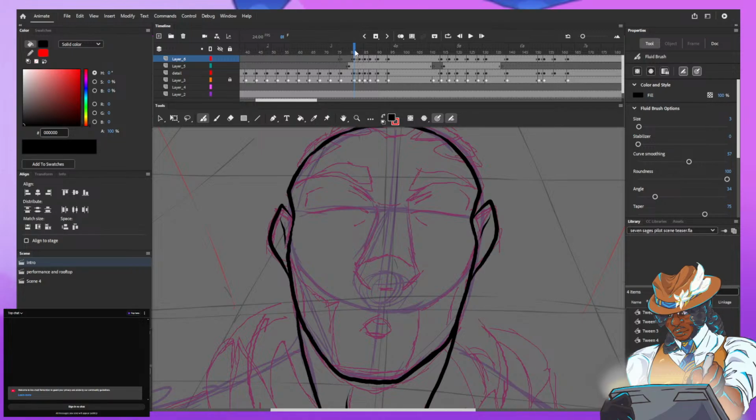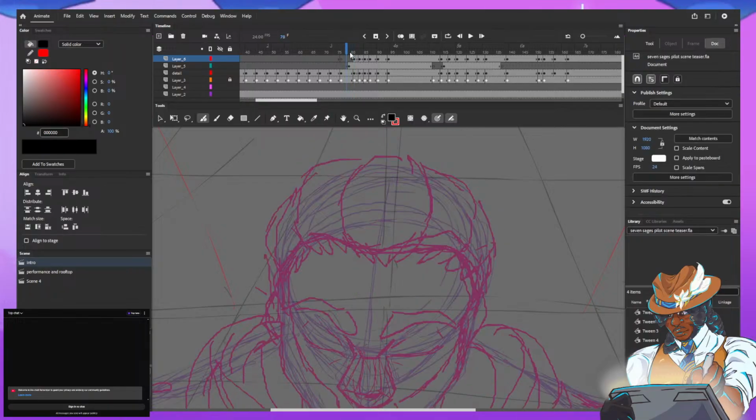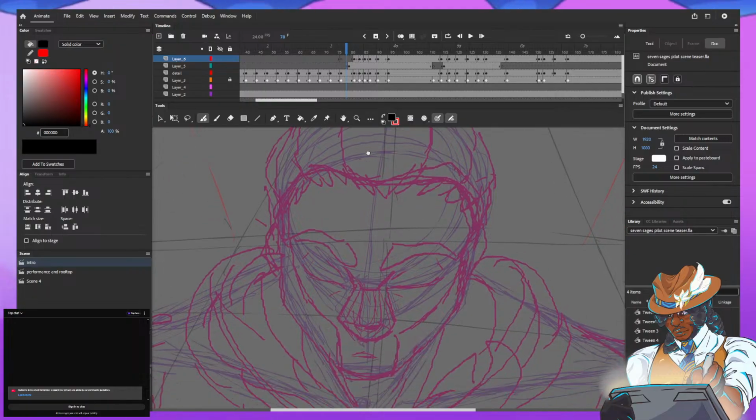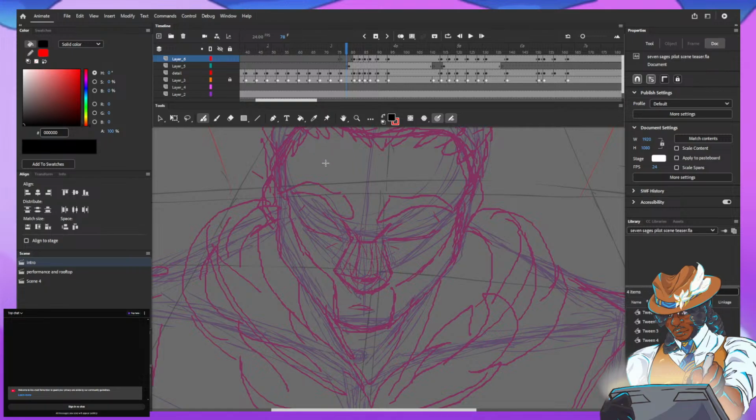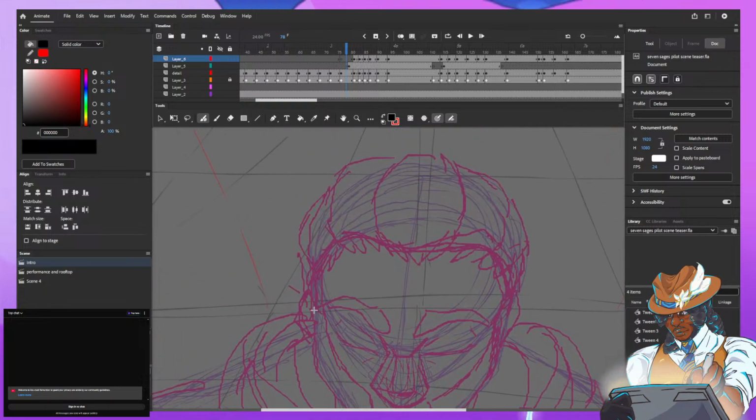And I've just been finding myself running from project to project to project, trying to figure out, okay, what's going to get me big? What's going to make me pop off? What's going to get a lot of traction coming? Because if I want to be an animator, if I want to blow up, I need to have good animations, and it can't just be good animations. It also has to be something with an overarching story, because really